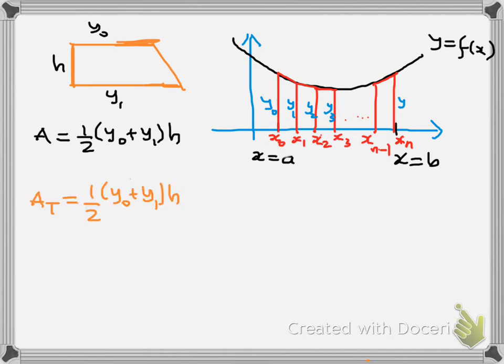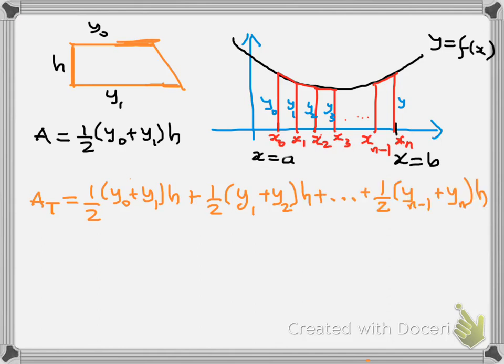Given that the area of a trapezoid is what I showed you before, to find the area under the curve from A to B, we'll just find the area of each of the trapezoids, and it will give us an approximation. So for the first trapezoid, the area is half of y sub 0 plus y sub 1 multiplied by h, plus half of y sub 1 plus y sub 2 multiplied by h, plus half of y sub 2 plus y sub 3 multiplied by h, and so on, all the way to half of y sub n minus 1